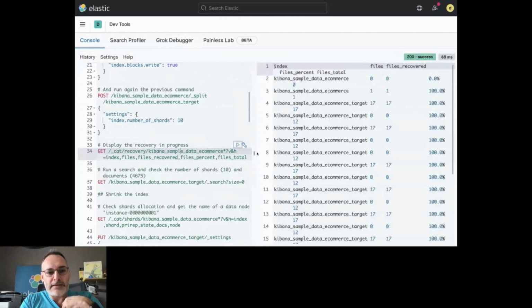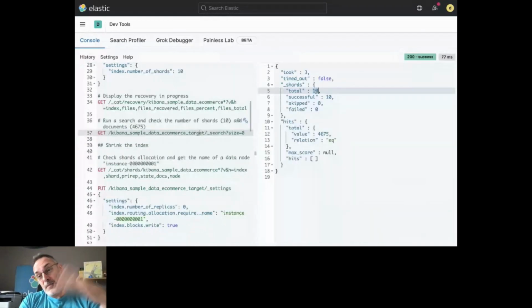Let's run again the same search that we had previously, but now on the e-commerce target index. If we run it, we can see that we still have the same number of documents, but now we have 10 shards.